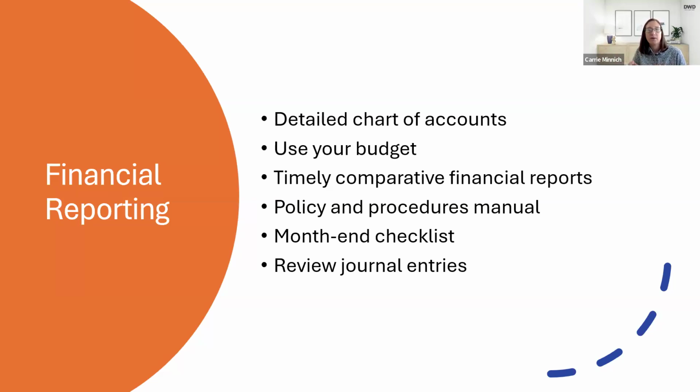Using your budget. A budget is not, let's prepare it and put it on a shelf. A budget is a living document. We need to make sure that we are comparing our budget to actual. That's why we created the budget, to make sure we are on a plan to meet our mission and our goals. So comparing your budget to actual financials. If there's a variance, asking why. Maybe it's expected. Hey, we didn't get this grant this year. Okay, that's expected. But oh, that's wrong, and we really don't know why. Did someone steal that grant? What happened there? Why are there variances?